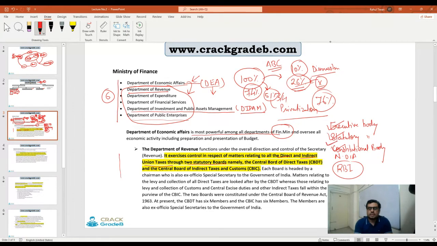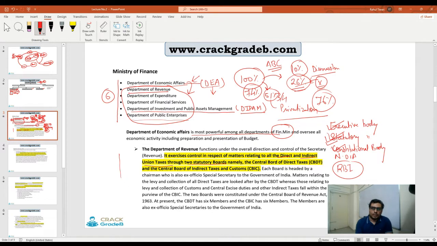RBI is a statutory body. How is it a statutory body? First, I'll explain what you understand by statutory body, constitutional body, and executive body. When any organization is formed with a law made by the parliament or legislature, it is a statutory body,